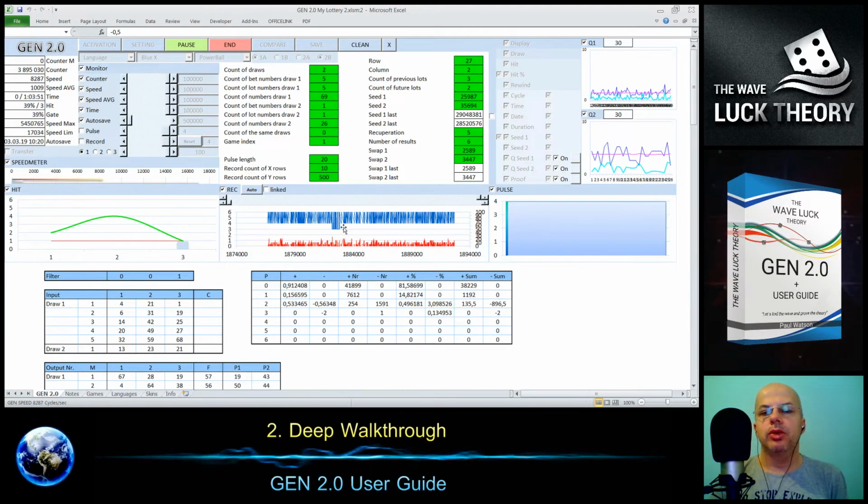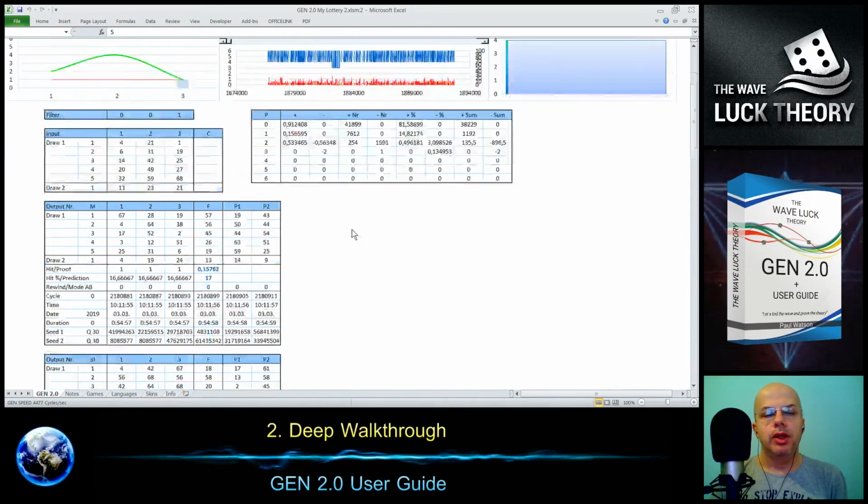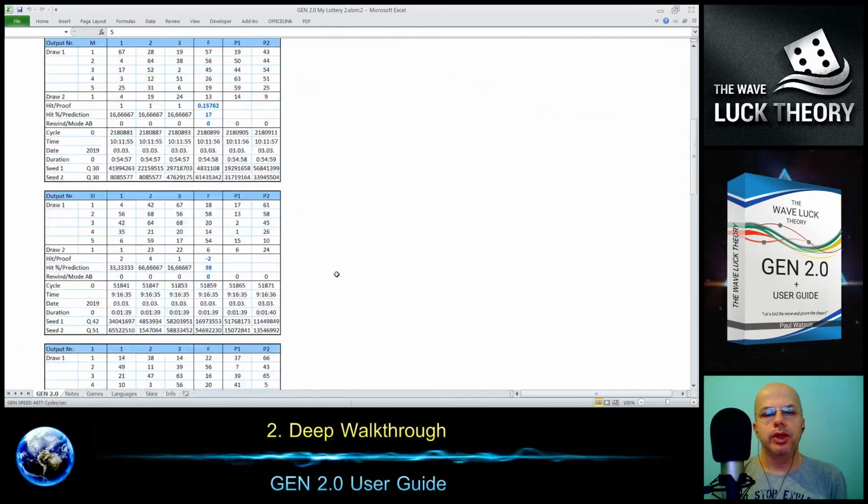Then the thing I said I will explain later is also the recuperation. We have now 5, and let me show how it works. At first I will show it in the user guide.